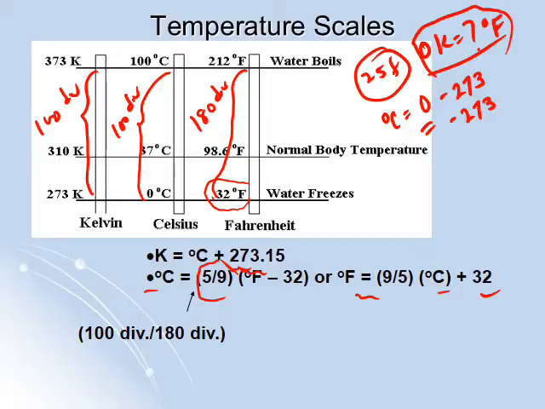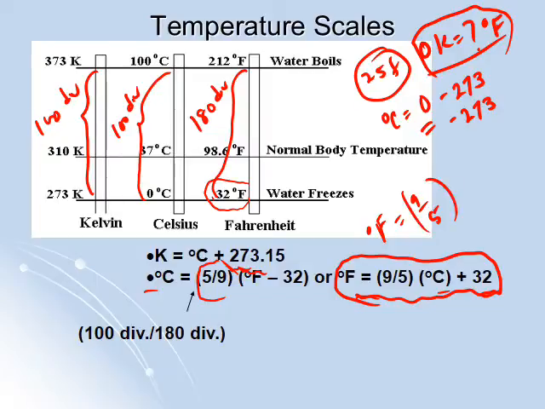So now what we need to do is you're going to use this expression at the bottom. So let's do that. So degree Fahrenheit equals to, remember 9/5, we mentioned 180 divisions by 100 divisions. So 180 divisions of Fahrenheit equivalent to 100 divisions of degree centigrade. So that's what is incorporated in this expression. So 9/5 times degree centigrade, we already know degree centigrade, minus